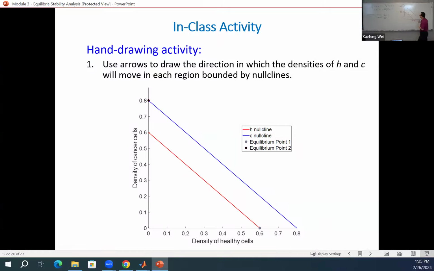Okay, so let's look at the x2 nullcline. Is this the same as the x1 nullcline? The same thing will apply to x2 as well. So similarly, for the x2 nullcline,